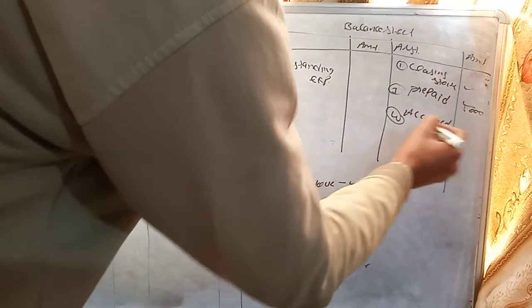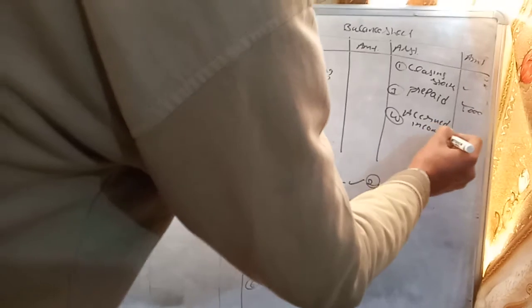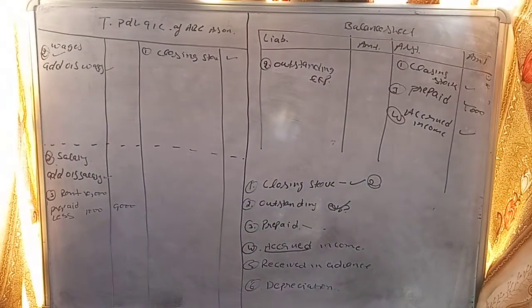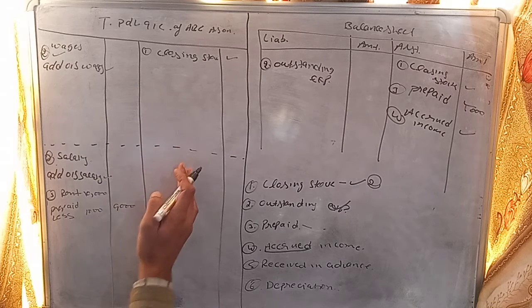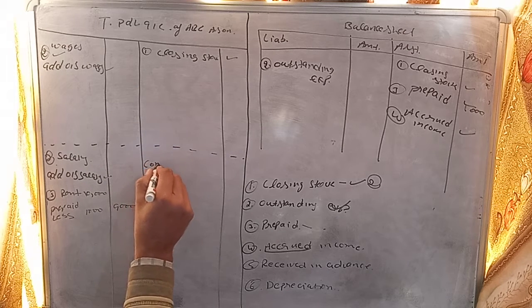Accrued income appears on the asset side. Clear? And if it is an asset, so what I do, I will add back in the income also. So incomes, you know very well, always come on the credit side in the profit and loss account. Say we have commission